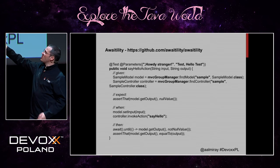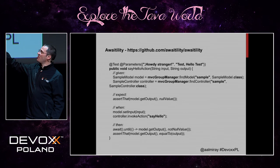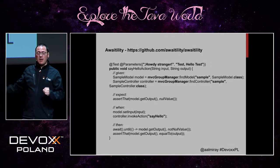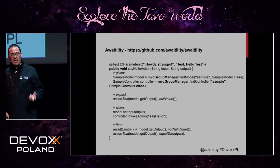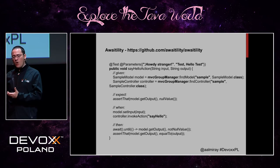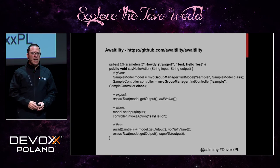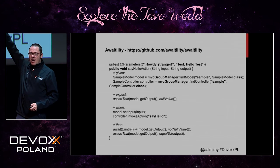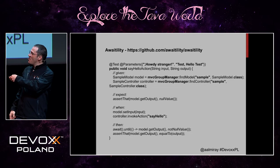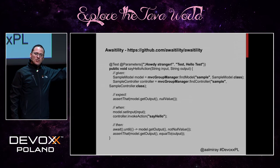So here's the same test as before in Java. It's parameterized. Now we are creating our class under test in a different way, and then invoke that stimulus. But I know for a fact that this application, being an integration test, that's the reason why I'm creating things in a different way, is actually running on the real application. So that means if this is a UI-based application, happens to be a JavaFX application, the result will be executed in a background thread. And this background thread is not the same as the testing thread. So when I invoke this action, there's something going on concurrently in a different thread, right? So I need to wait for that